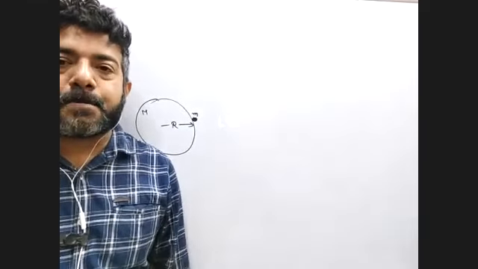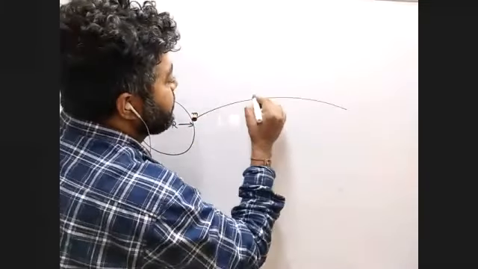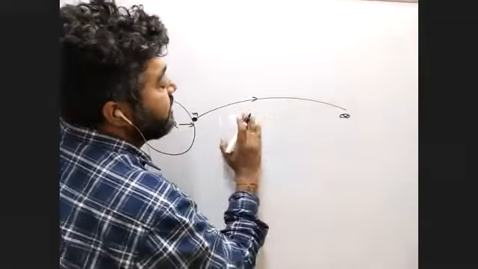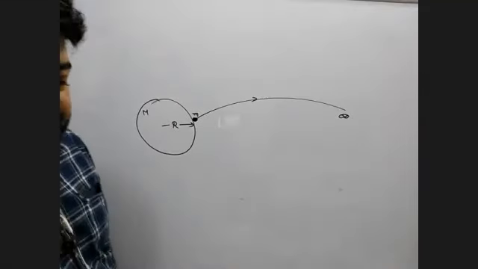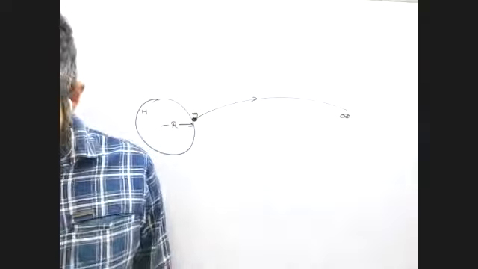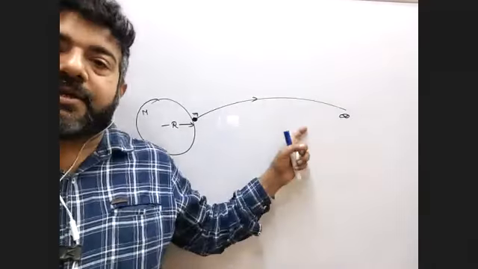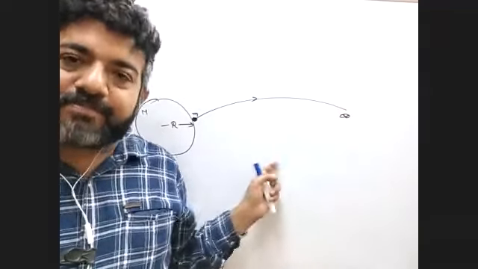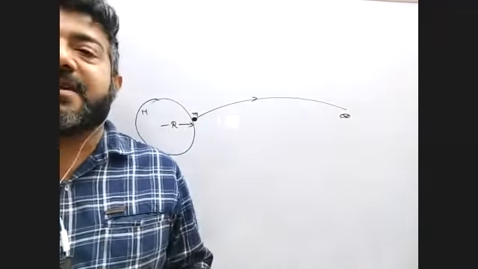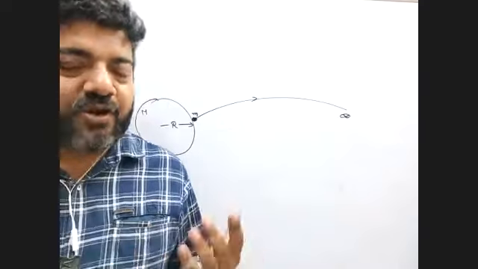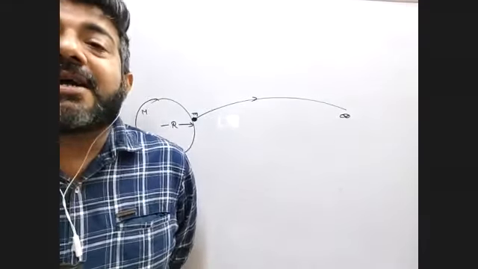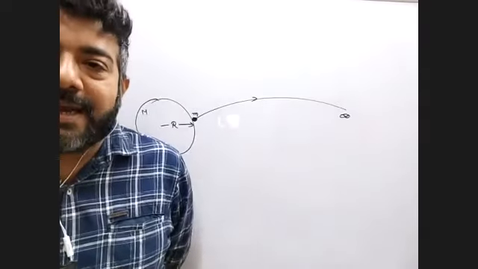Are you getting my point? So that means you throw it to infinity, or you can say you throw it beyond the Earth's gravitational field. Is it okay? So if you are able to throw it with such a velocity that it never comes back, meaning its velocity is beyond the Earth's gravitational field, then you can say that velocity is the escape velocity for that planet. Especially we talk about Earth because we all are on Earth. We don't know about other planets, whether human or more developed creatures are there or not. So mostly we think only about Earth.